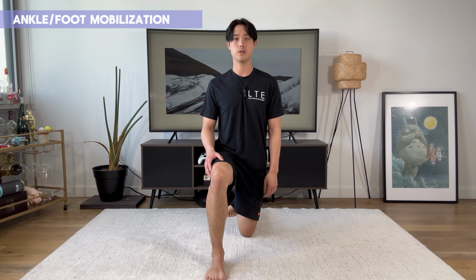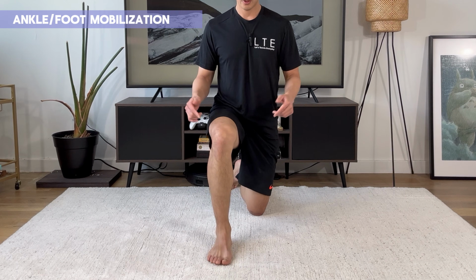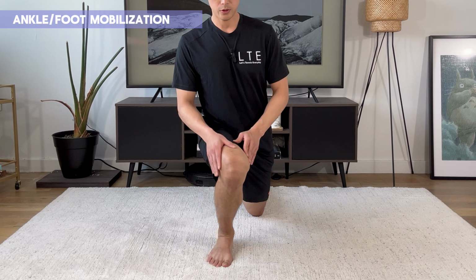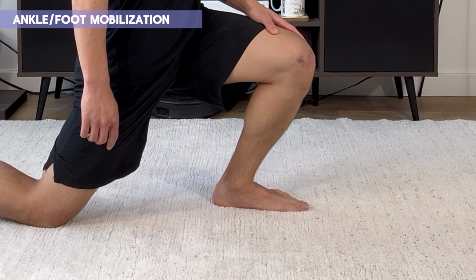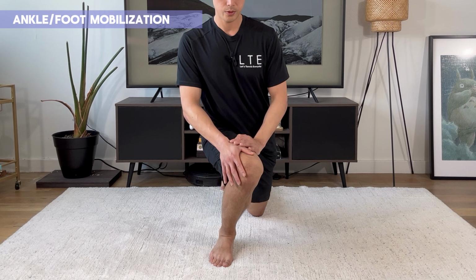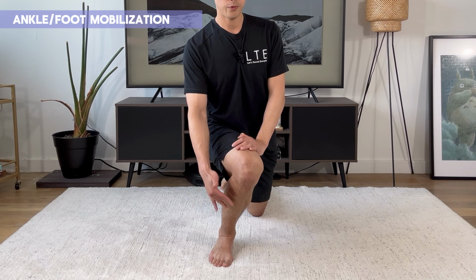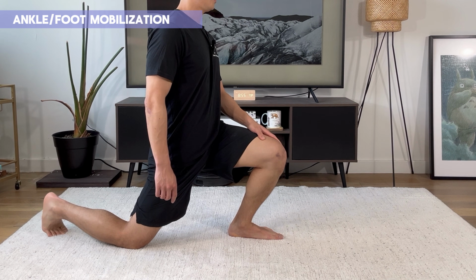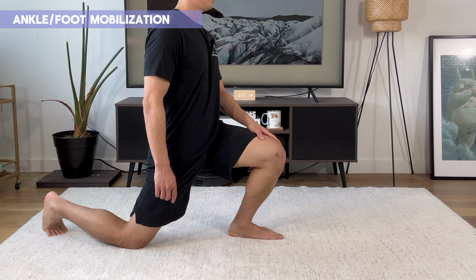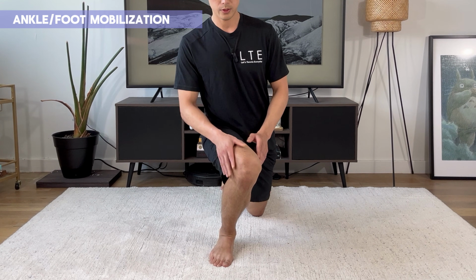Now to address the ankle, get into a lunge position like this and bring your knees forward and in. You can apply some downward pressure to flatten the arch of your foot. You're going to hold this for 30 seconds. You should feel a pull in your calf muscle, and if your ankles are stiff, which is usually the case for bow leg people, you should feel your ankle loosening up. Now focus on putting more weight on the inside of your foot rather than the outside of your